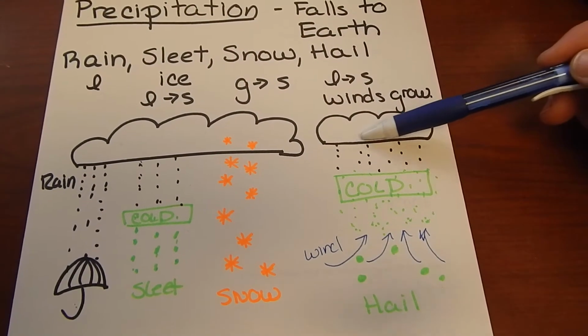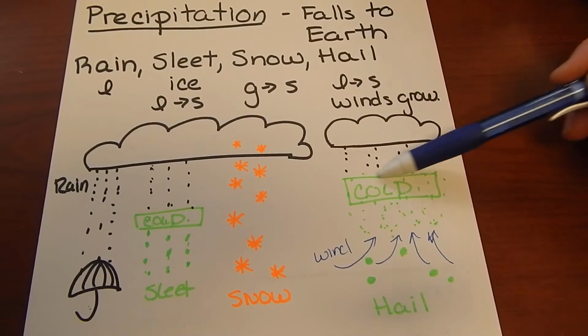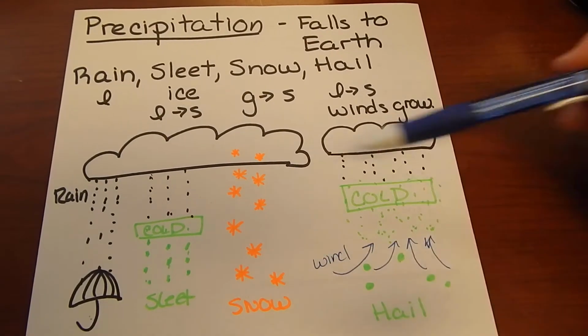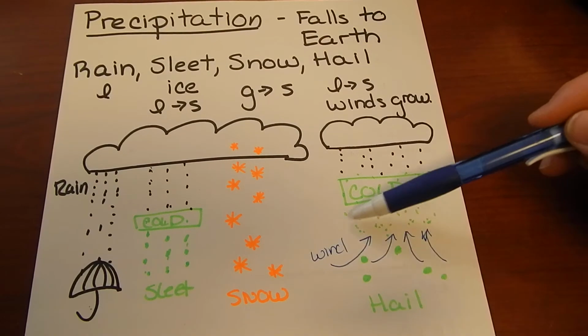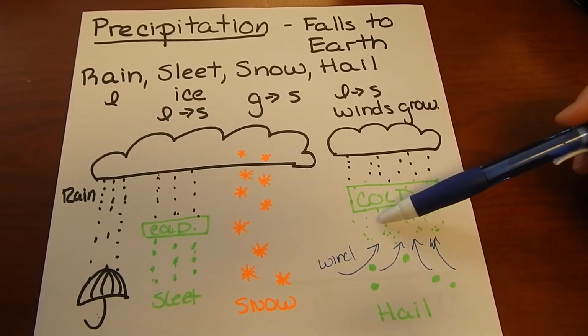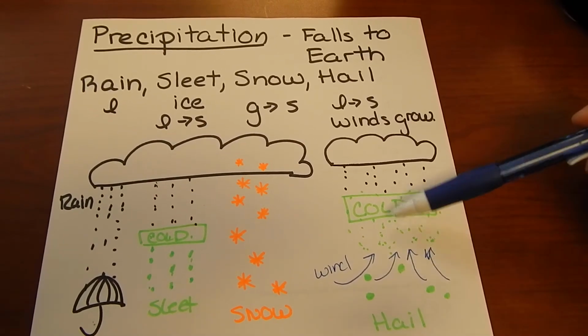And it forms, you have some water that comes down, some rain, hits some cold air, and in that cold air it freezes. So at this point it's just like sleet. But the thing that happens with hail is that there's these strong winds that blow upwards. And so the sleet comes down, but then it gets pushed right back up because of the winds,